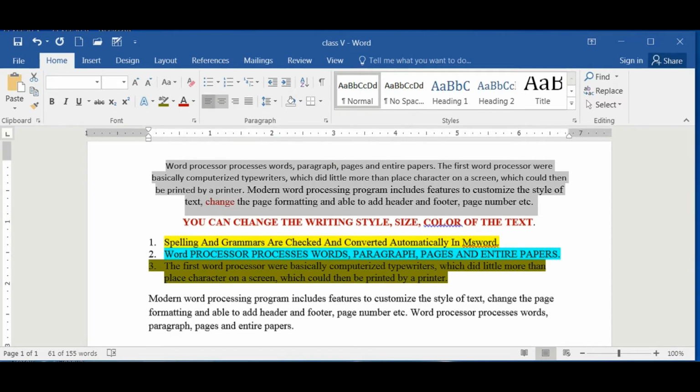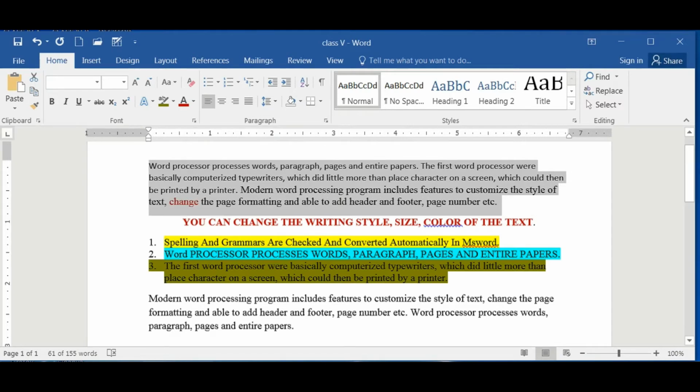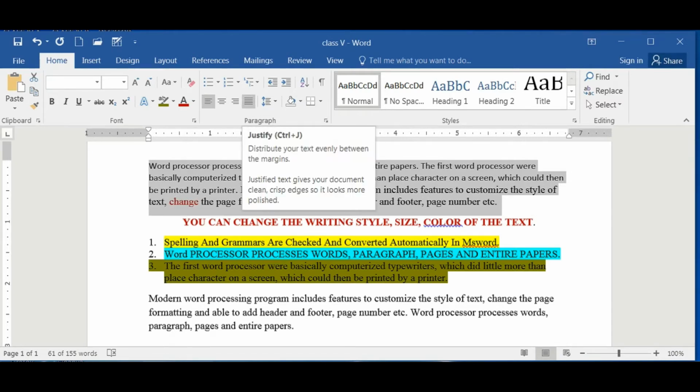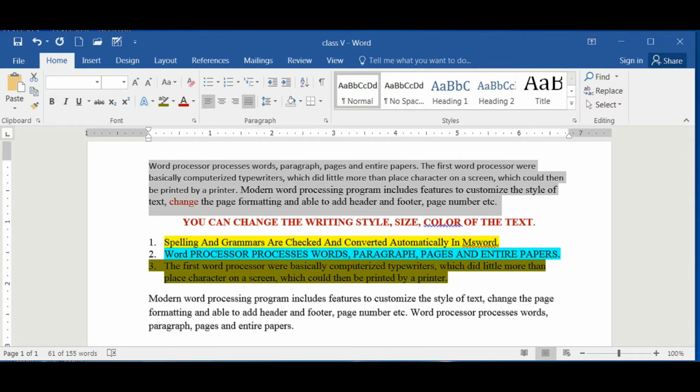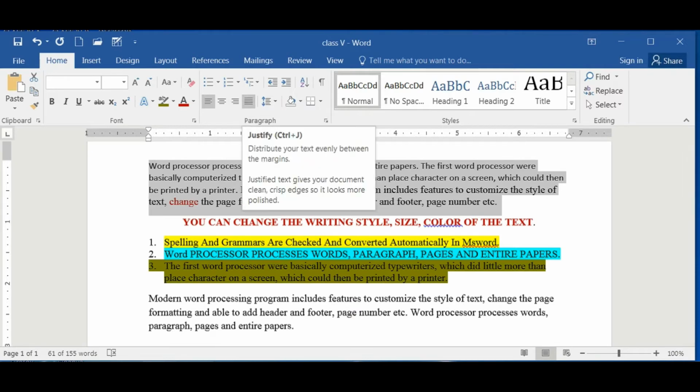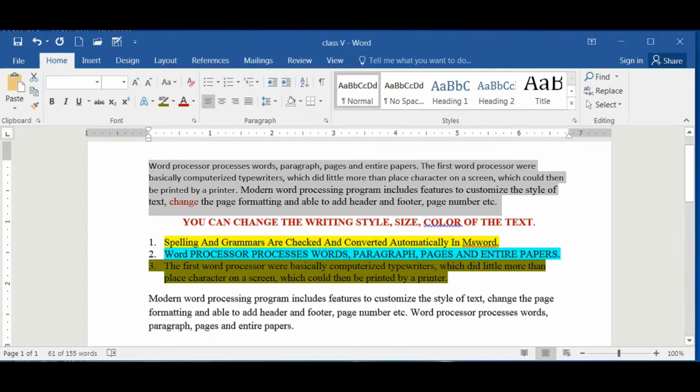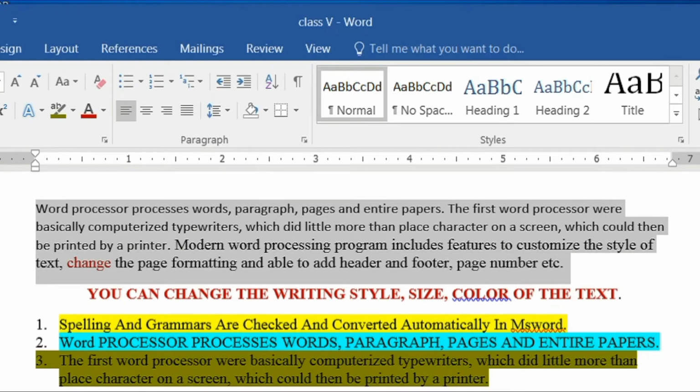Now let's talk about the difference between left alignment and justify. Before doing that operation, observe the difference here. On the left side the words are arranged closer to the margin. But on the right side, what happened?